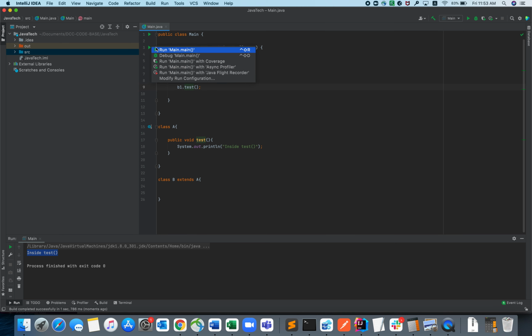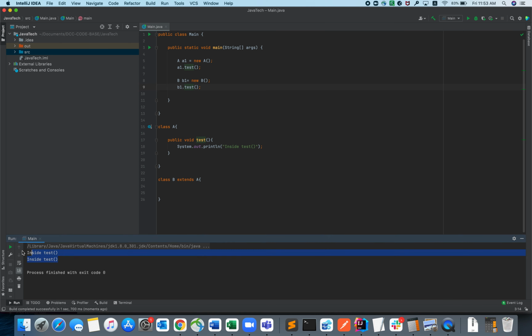If I print this, what actually happened is this SOP is coming two times. One time this SOP is printing, and the other time, because we are extending class A in class B, ideally this method will be available inside class B itself.